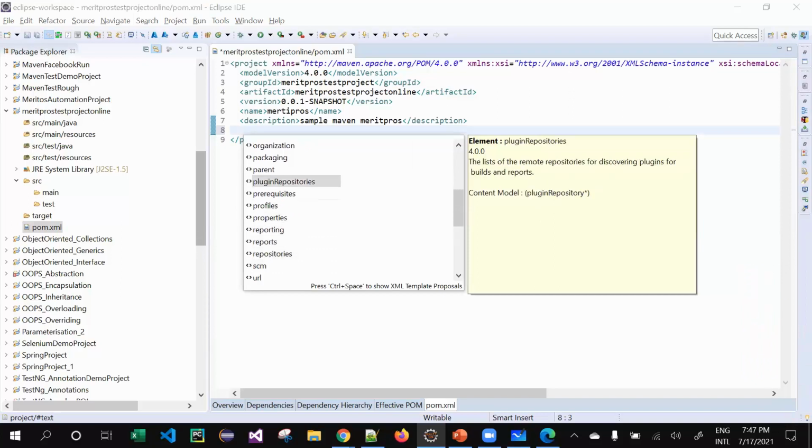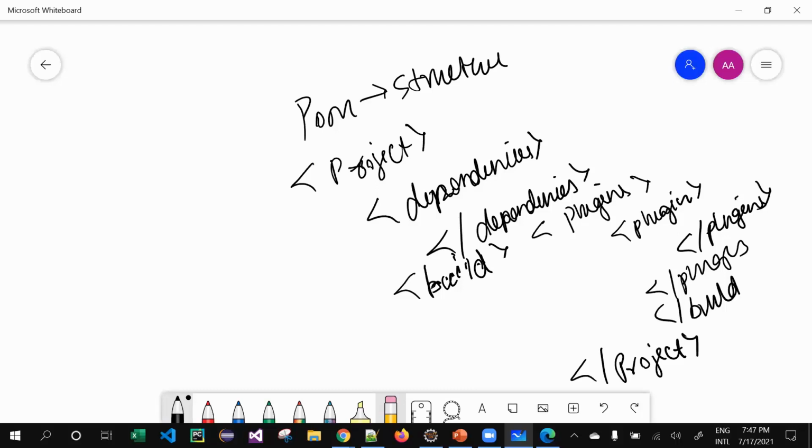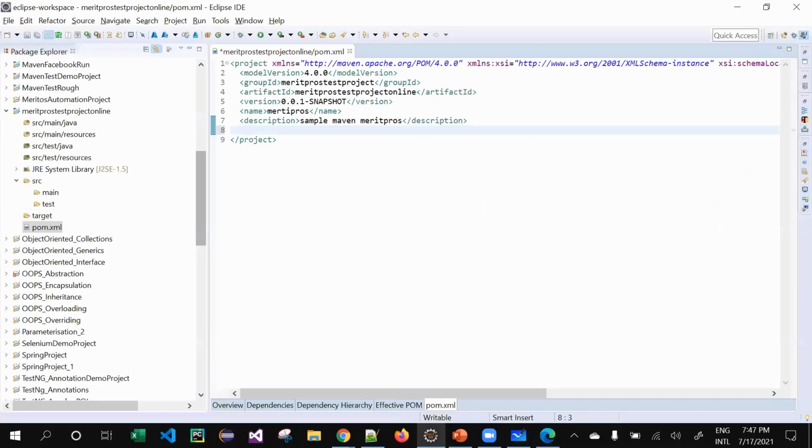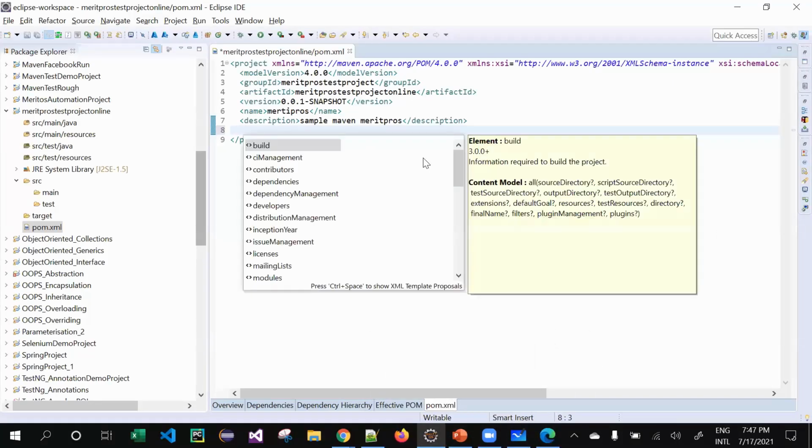Out of which, what I am showing you now is the basis of your Maven. Without this, your Maven cannot be done. Your project should have dependencies, and inside your dependencies you can have your dependency, and you have your build, plugins, plugin, and then the close braces for all the steps. This is the main thing about your project structure.